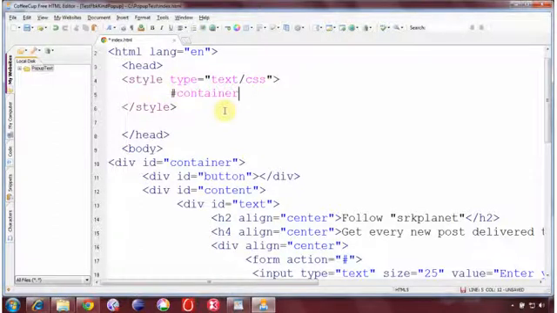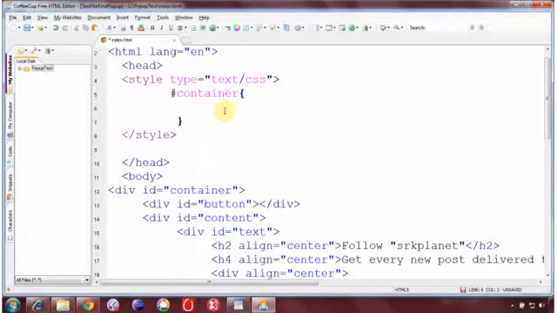Okay, this discussion is not about CSS or HTML, but still for those who are new to CSS and still in the phase of learning, I'm just briefing the steps, what exactly this is and what these symbols and things mean. Okay, now here I specify the position and it's going to be fixed.